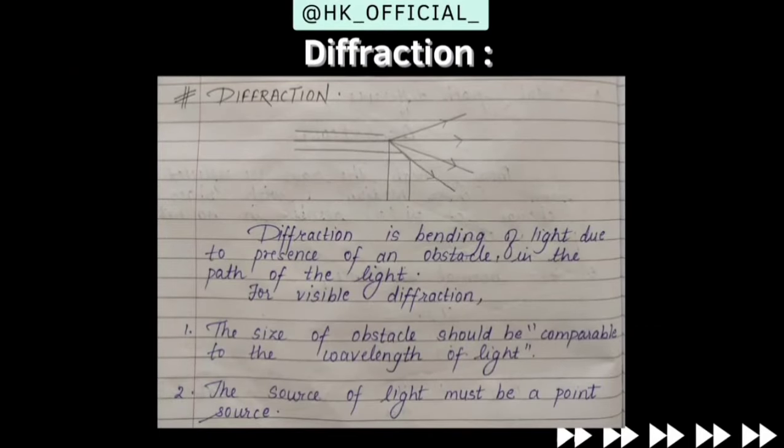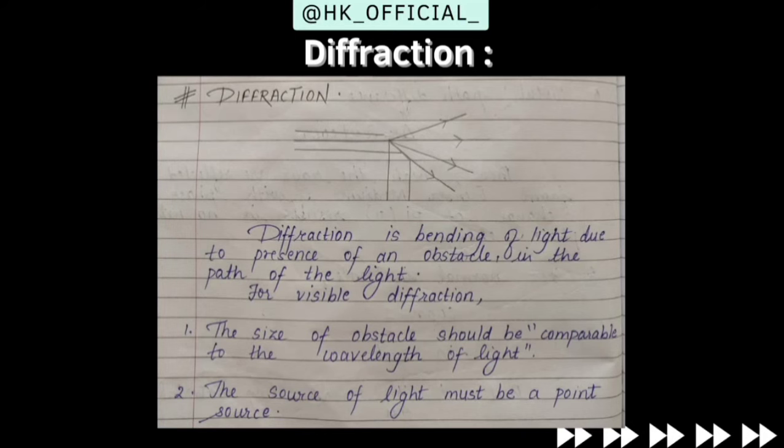Now we have diffraction. Yes, we have learned it in our previous standards. So what is diffraction? It is like the bending of light when it encounters an obstacle. To see this effect clearly, two things need to happen. I have written those two things: the obstacle size should be close to the size of light's wavelength, which is very important, and the light source should act like a point source, emitting light from a single point. These are the 2 main important points which you have to consider while giving any definition of diffraction.